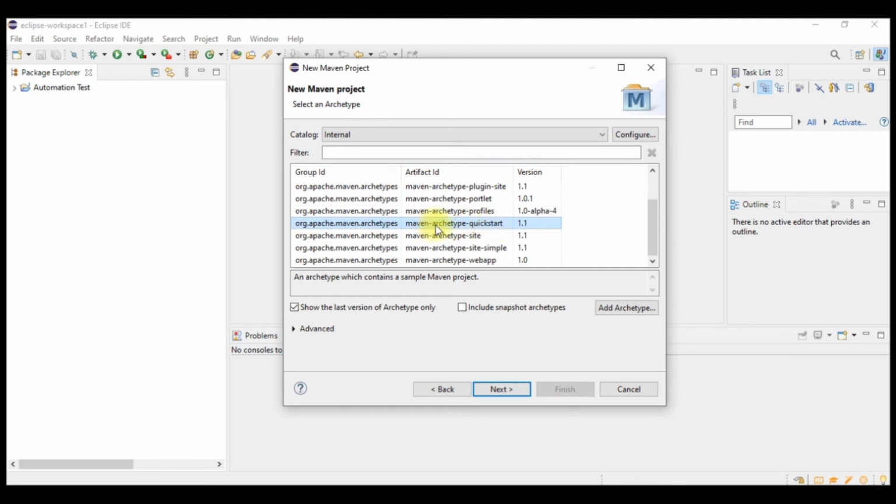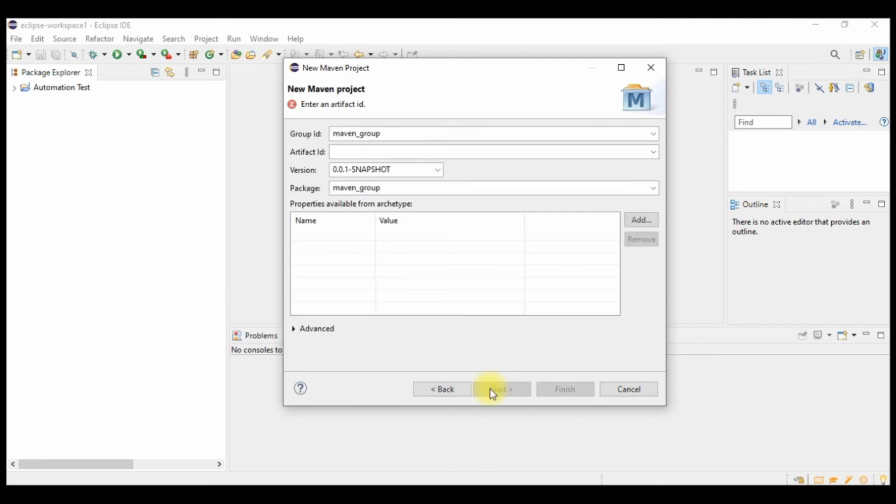This is the sufficient type of template we can use in our Maven project, which is used for automation testing, right? So now we can click on next, and here we have to give the group ID, artifact ID, and the package name. So let us give the group ID as Maven group.